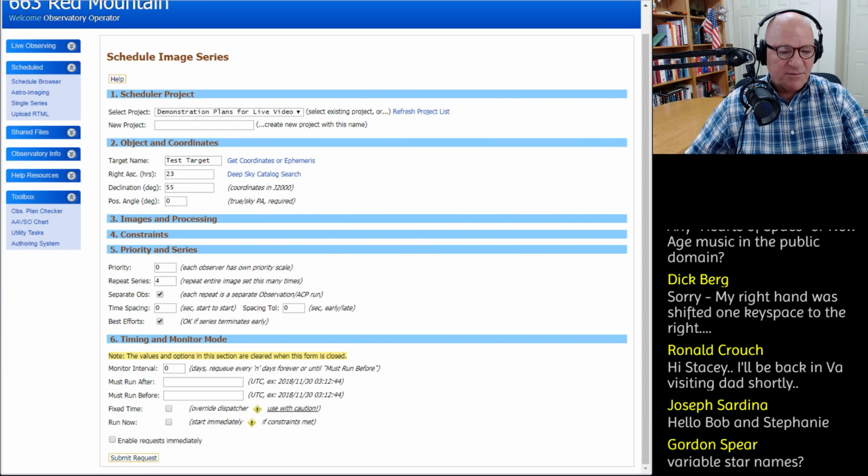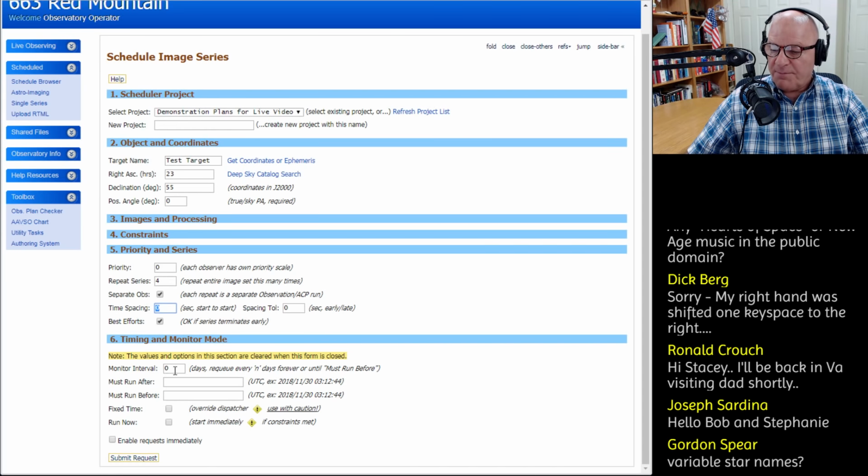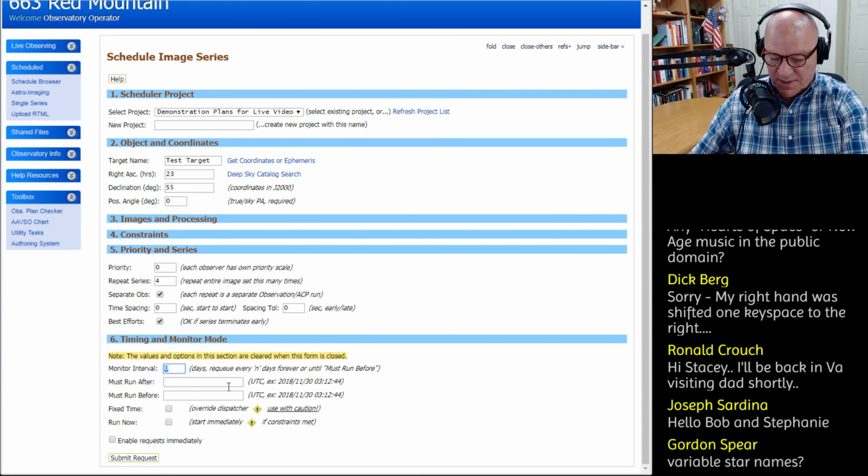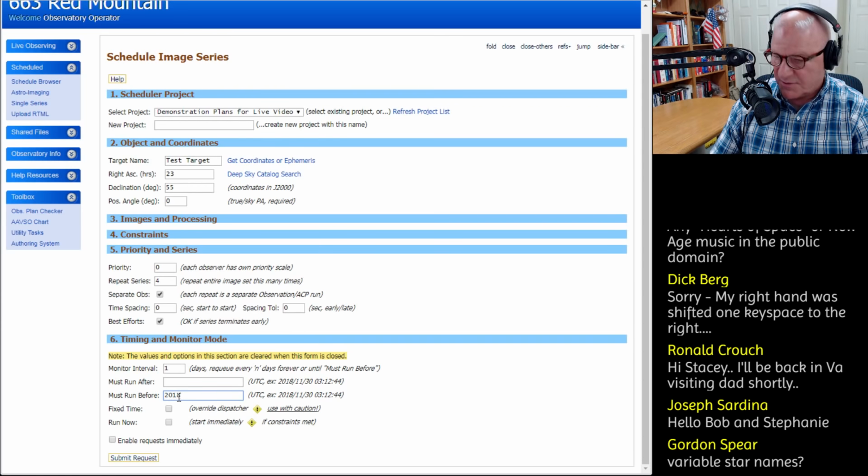So getting back to monitor mode. If you put 1 or 2 or 3 days in here, it's going to requeue every n days forever. All right. Or until must run before. Which makes sense, right? Because must run before means that it'll monitor for all the days before this date. When you put a date in here with monitor mode other than 0, so let's say every 1 day until some 2018